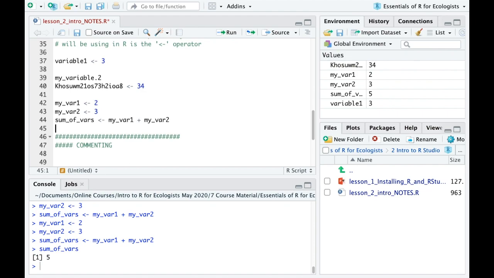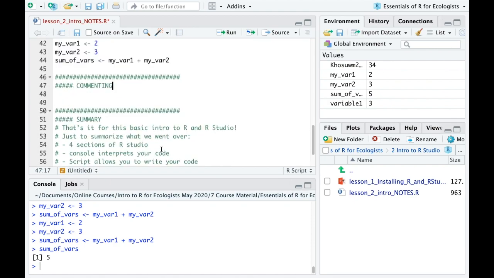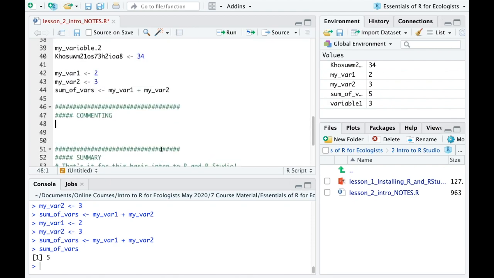Okay. And again, I mentioned this before because I thought it was better to say it at the beginning of the lesson. Commenting is a very important and useful thing to be able to do when you're writing your R scripts and when you're following along in these lessons. Comments allow you to put in English, essentially, or any other language that you speak or use frequently that isn't R. You can put your comments and ideas, thoughts, explanations for what type of coding you're doing, why you're doing it, any notes about what we're doing here.